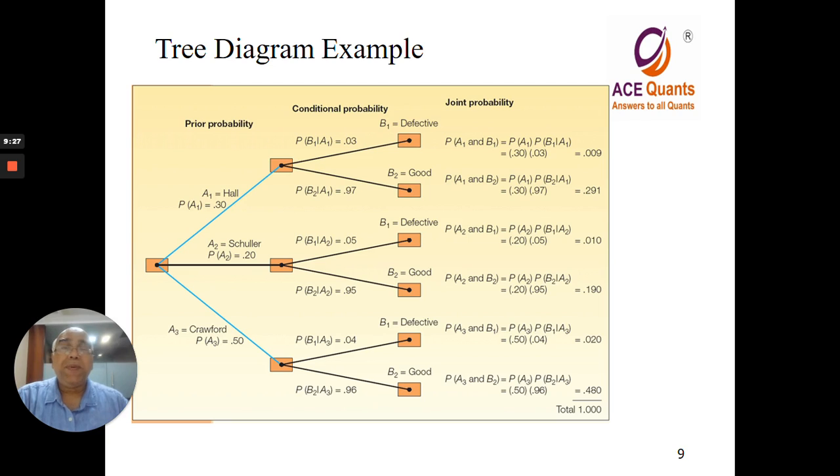Bayes was a priest who wanted to prove the existence of God by proving the absence of God, and 1 minus absence of God meant presence of God. But in any case, this is a very useful theorem which can be used in many